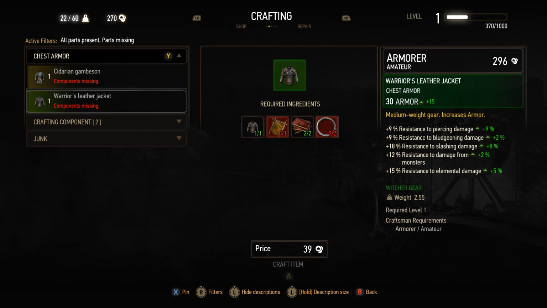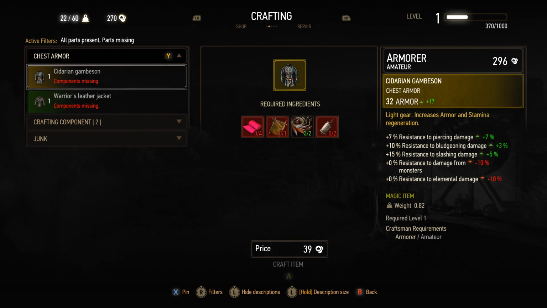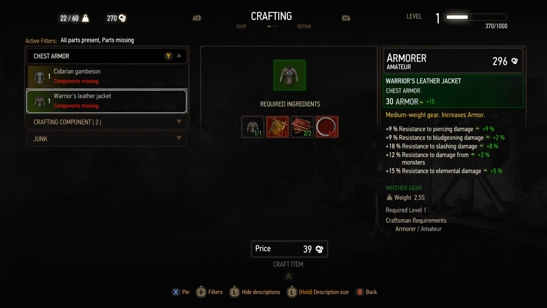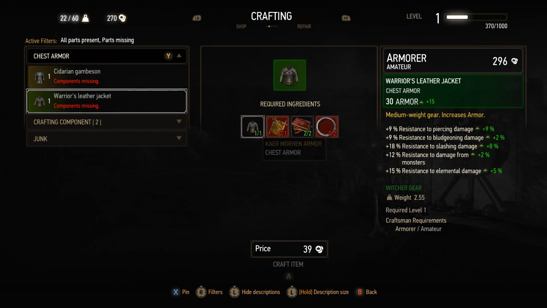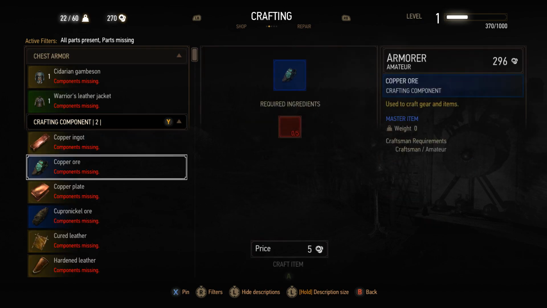Warrior's leather jacket. So this has better resistances, but weighs a fair chunk more. This has 2 more defense, but I'm feeling like probably all the better resistances are going to be more important. But we need... Oh, this is an improvement in my Karamorian armor. Okay. As well as some cured leather. We got the scraps and some wire. Alright. Meanwhile...